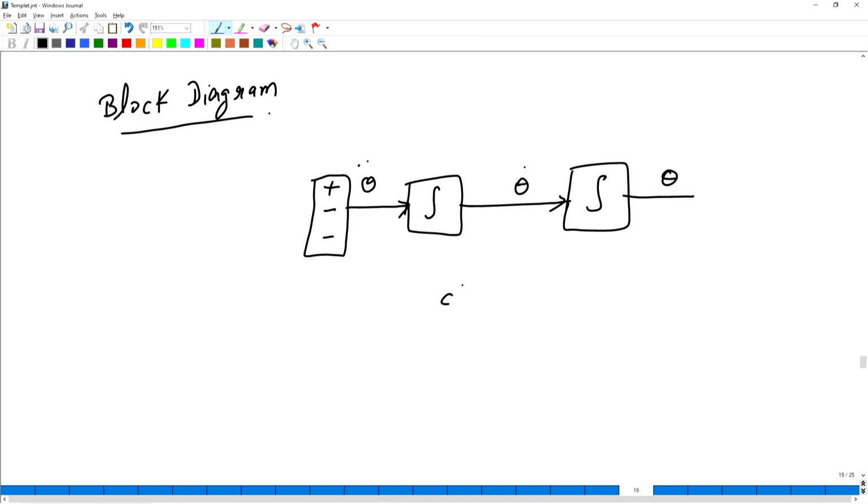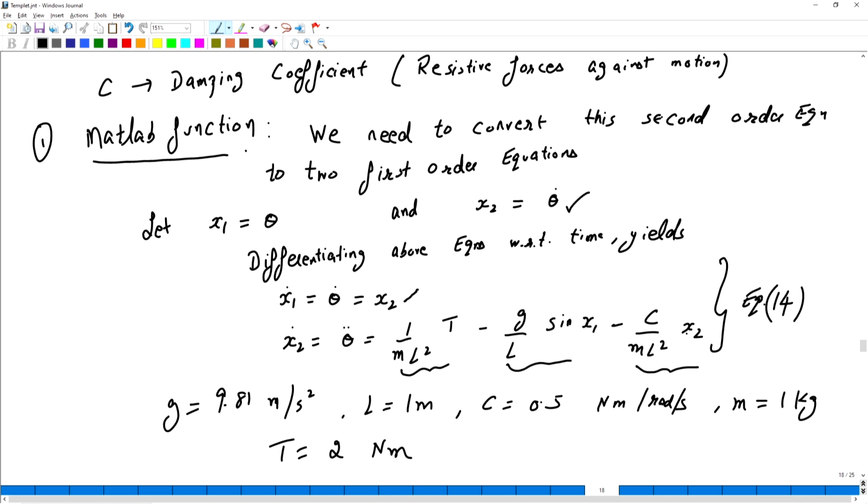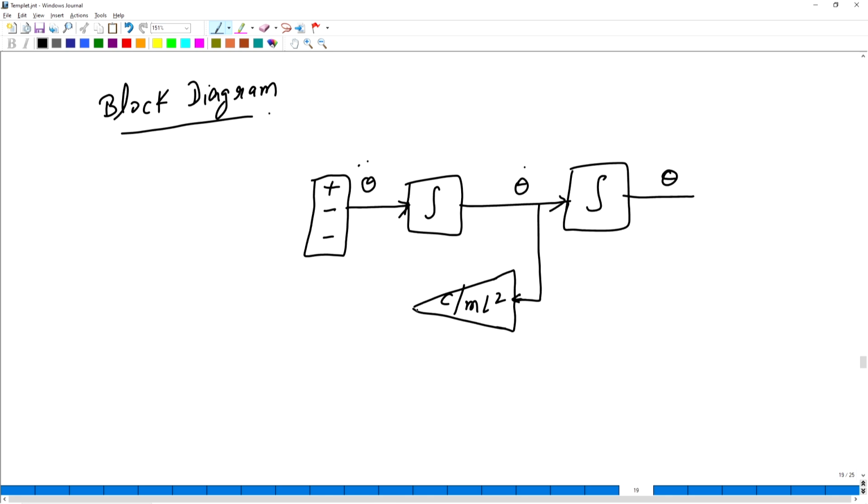And consider this as again c by ml square multiplied by theta dot, which is nothing but x2. All right, plug this here.